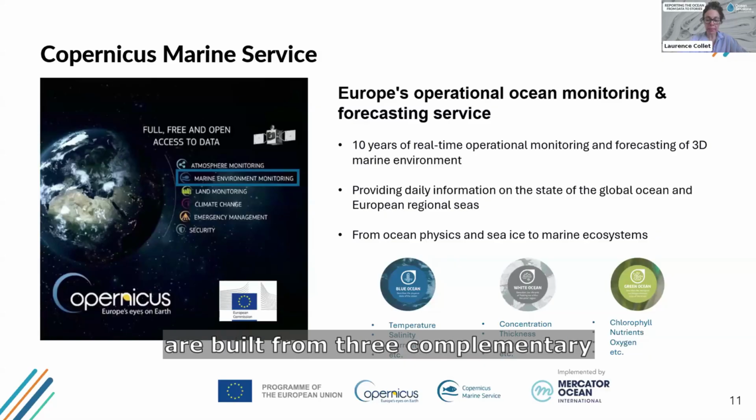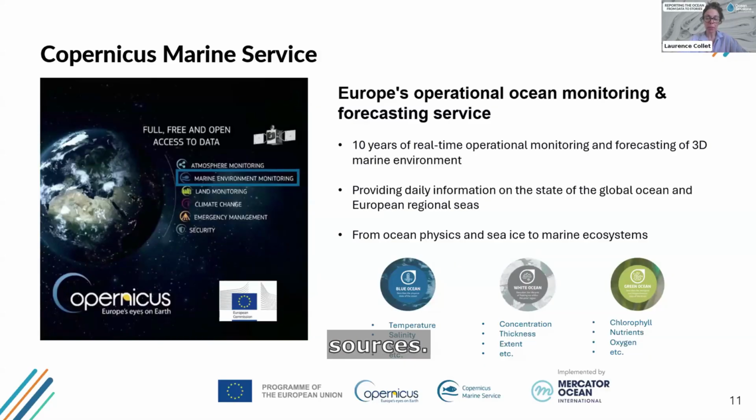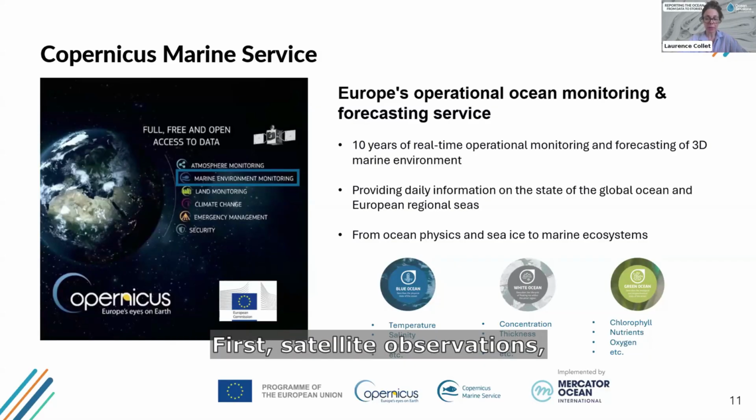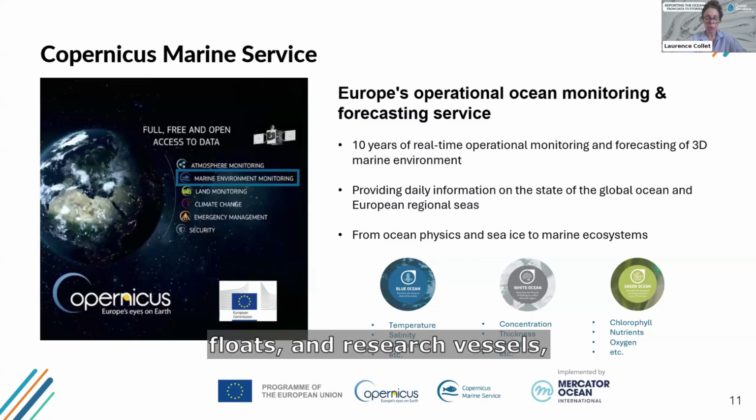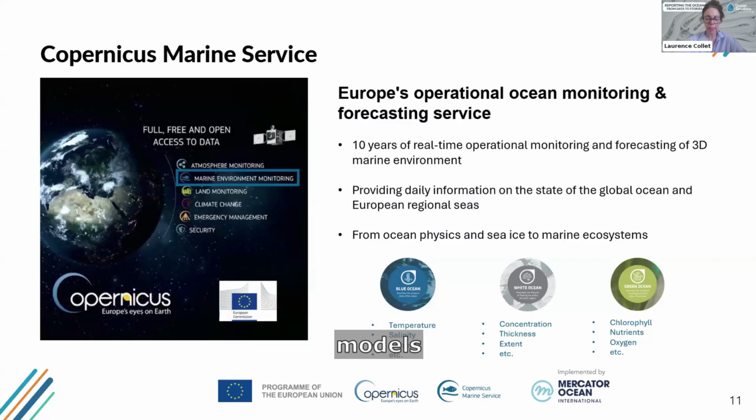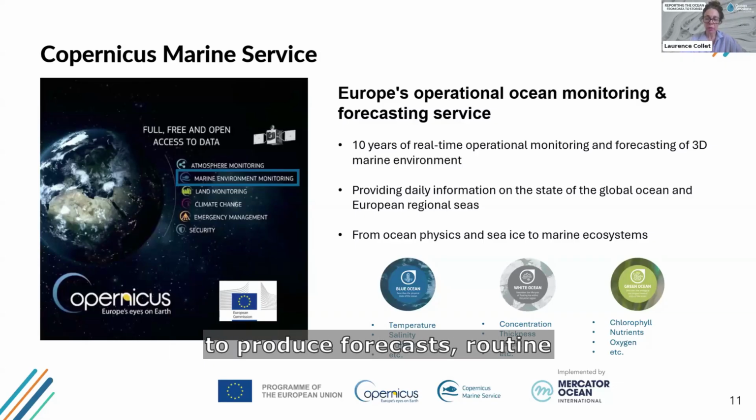All the Copernicus Marine data are built from 3 complementary sources. First, satellite observations, which offer global and continuous coverage of the ocean surface. Second, in situ measurements from buoys, floats, and research vessels, providing highly accurate local information. And third, state-of-the-art ocean models that assimilate these observations to produce forecasts, routine analysis, and up to 30 years of